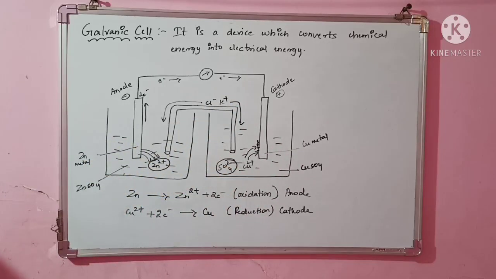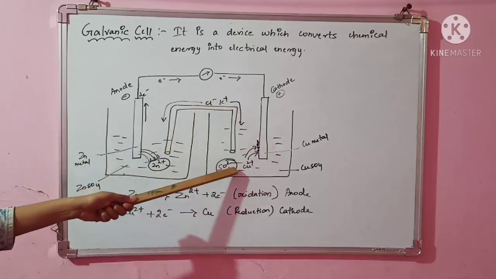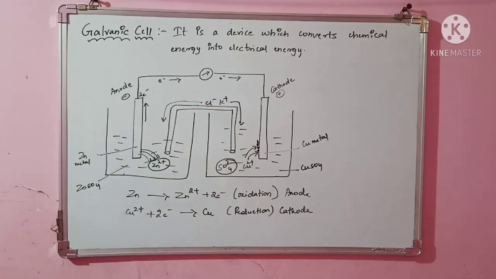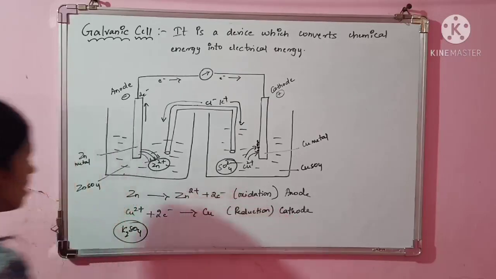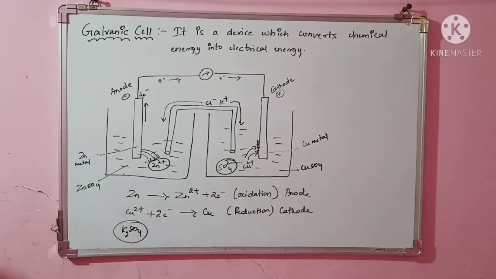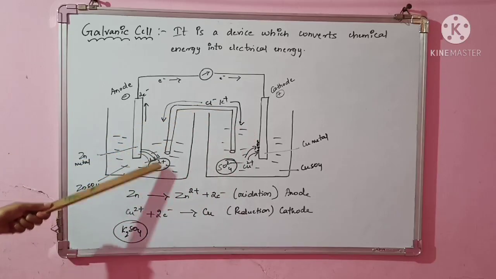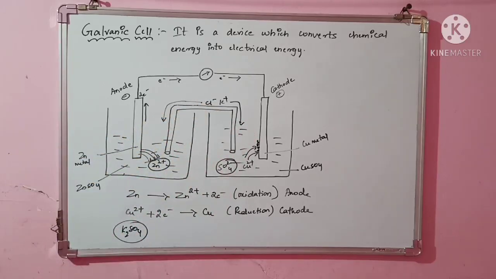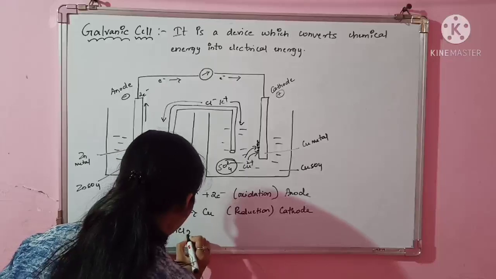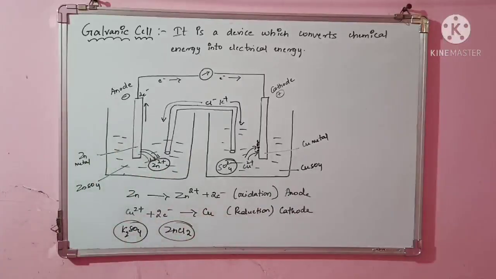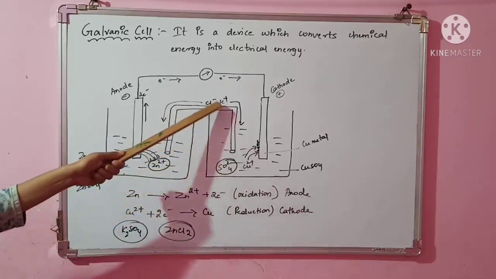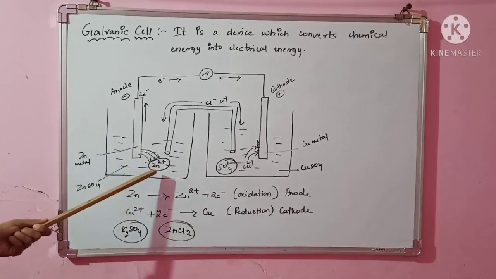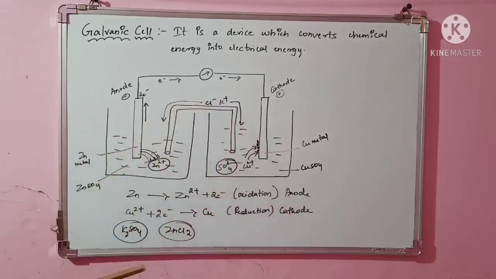So what reaction will take place? If K+ reacts with SO4 2-, it forms K2SO4. So this is neutral now. Similarly, here the zinc will react with Cl and form zinc chloride, that is ZnCl2. Even this is a neutral species. Now they are stable. Since these were charged species, they have been neutralized by the oppositely charged ions.